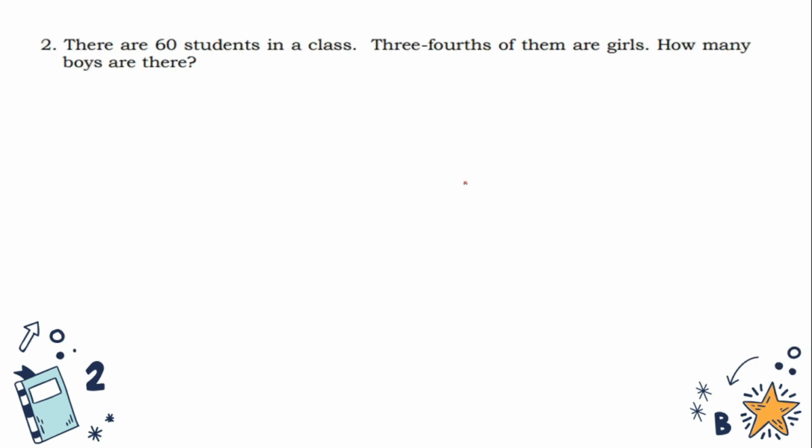There are 60 students in class. 3/4 of them are girls. So, how many boys are there? Ayan, kagaya nung kanina, iba lang yung number, di ba? 60 yung students sa kalahatan at we have 3/4 na pinakita para daw sa babae. Let's use the formula we use dun sa mga advanced learner muna. So, sabi natin, for us to be able to get the number of girls, we need to get the 3/4 of 60. That is the number of girls. 3/4 of 60. This is for the girls, ha? Because we have there the given 3/4 ng 60. Okay? Therefore, we're pertaining to 3/4